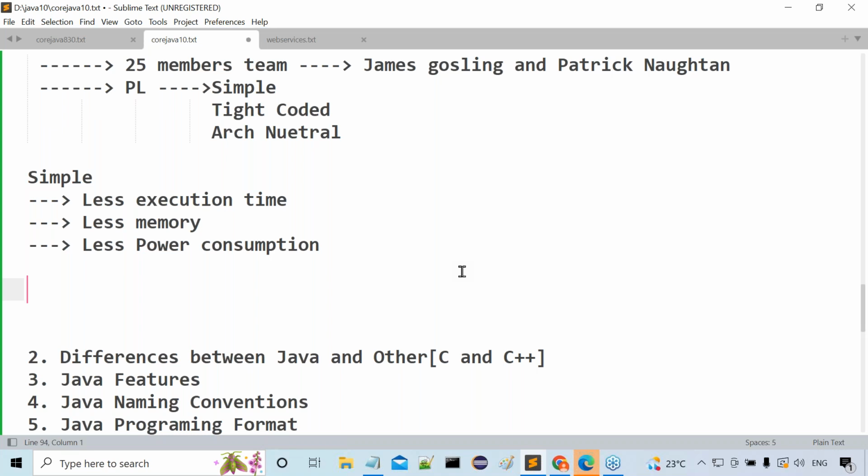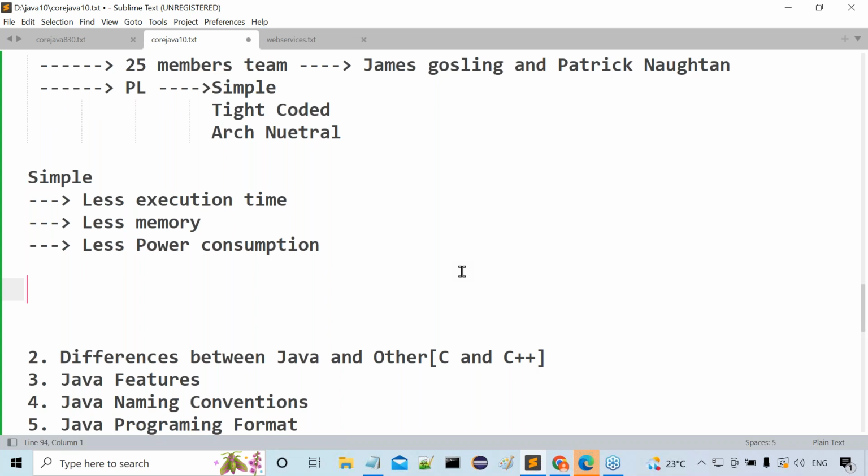Okay, fine. If energy consumption is lesser, automatically the battery life will be increased or not? Maintenance cost will be reduced or not? Because of this reason only, Sun Microsystems wants to prepare a new programming language. That new programming language will take what? Lesser power consumption. If it is less power consumption, automatically the maintenance cost of the end product will be less.